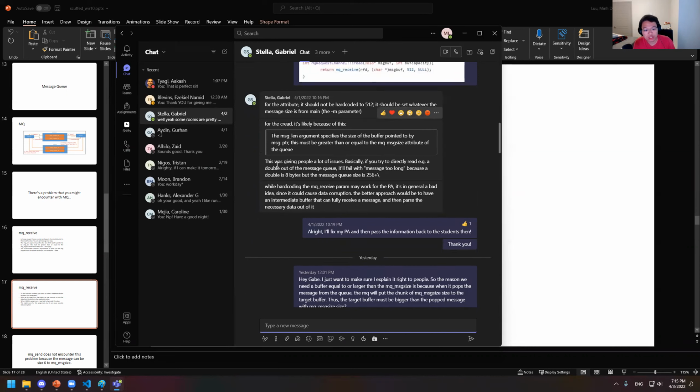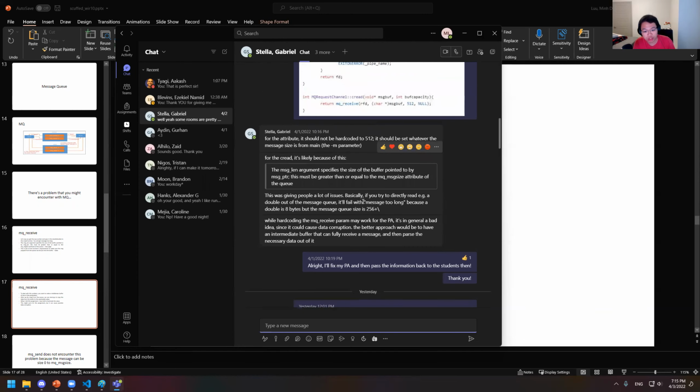And I say this is giving a lot of people a lot of issues. Basically, if you try to directly read ECG double, it will fail with message too long. While hard coding the message receive parameter may work with the PA, it's generally a bad idea, since the better approach will be an intermediate buffer that can fully receive the message and then parse the necessary data out of it. So yeah,